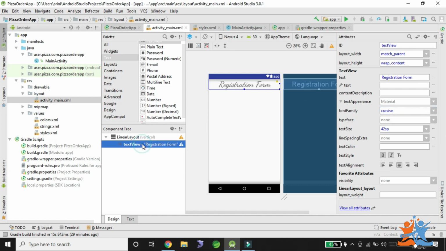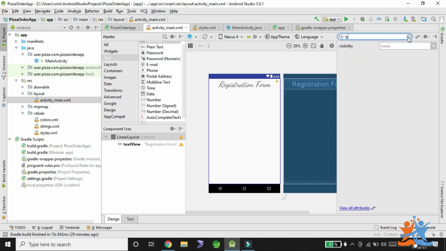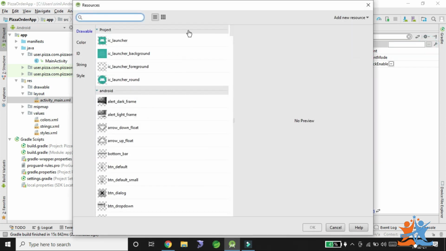After this, if you want to put a background color for a layout, select the layout, and here we have a background. Search background. Go for view all attributes, and here for the background we need to change the color.